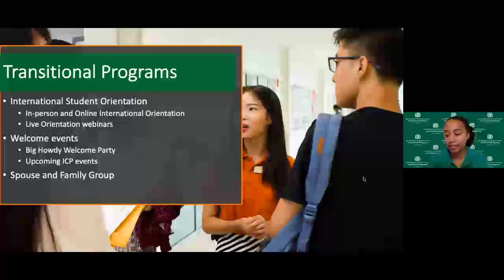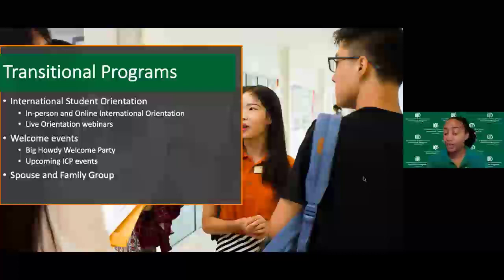Another great opportunity that we have to support not only the international students, but also their family members as well, is we have a spouse and family group. And this is an active group that seeks to support the family members of international students. Quite often there is a lot of time and attention and outreach that is given to international students. However, if you are planning to bring your family here with you to the United States, know that they will need support as well, and it may be more support than you are able to give to them, right?